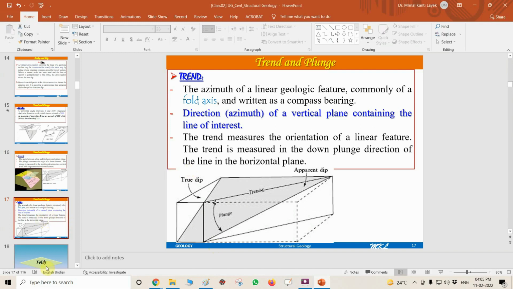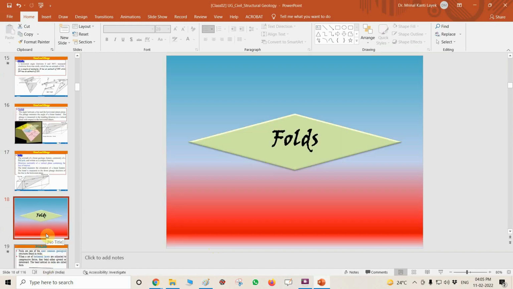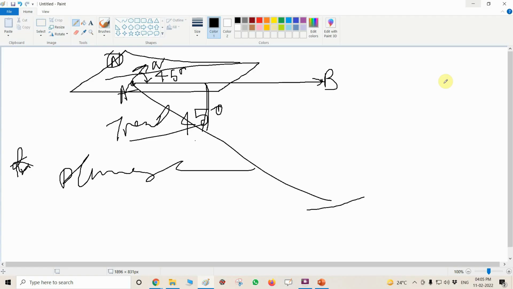In your next class, I will be discussing folds. One more thing I will be doing, that